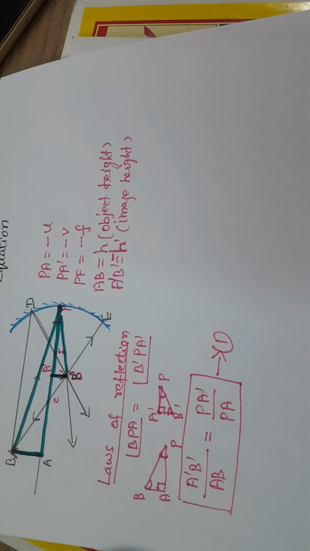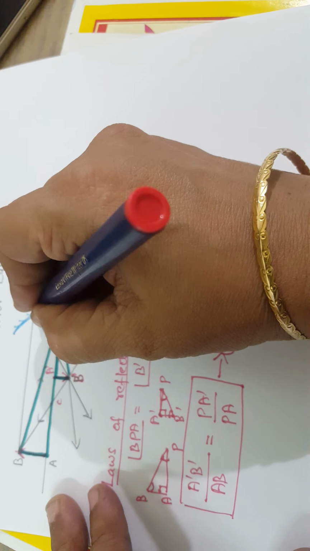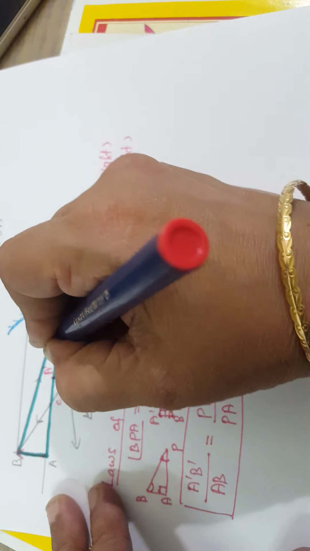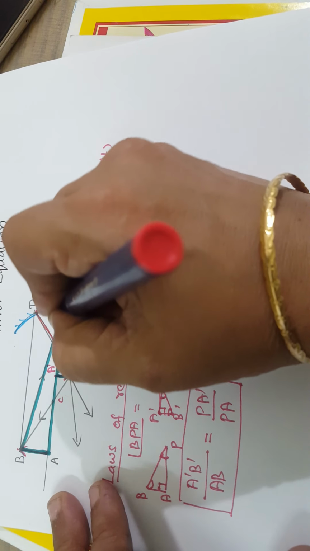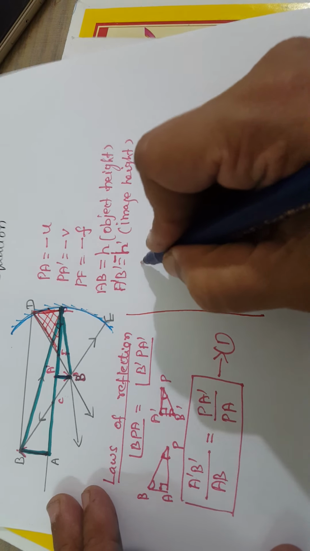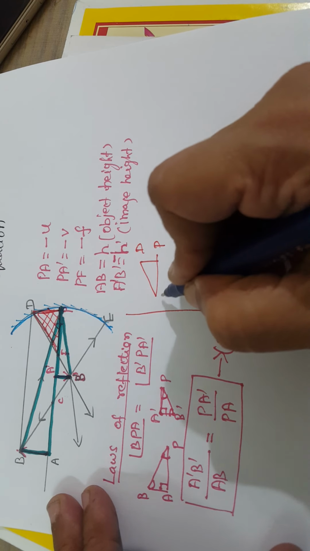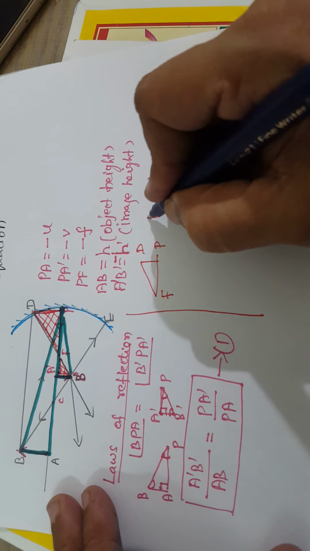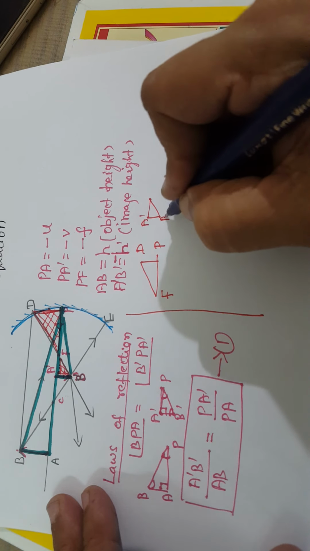Similarly, another two triangles are also similar, children. Which triangle? You can highlight the other triangle. See, I will shade it. Okay, you can say these are nearly straight lines. So this triangle. Okay, what is the triangle? Triangle DPF, and another triangle here, this triangle. What is the triangle? A dash B dash F.